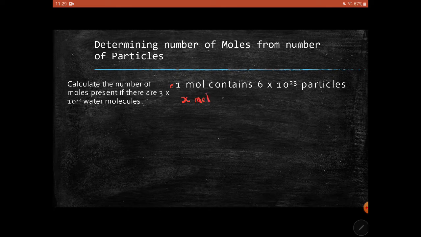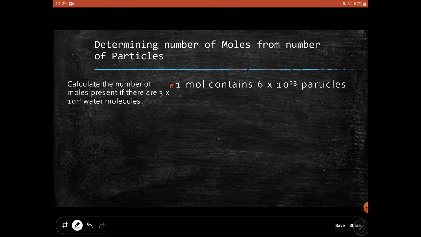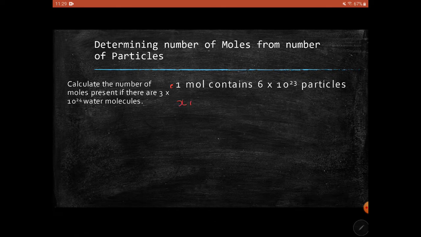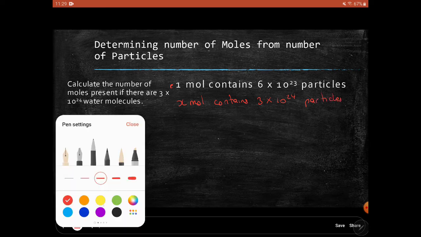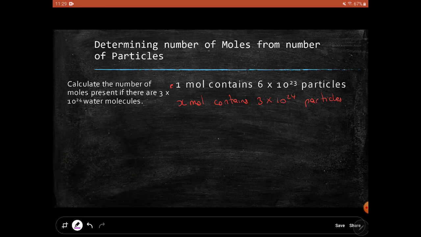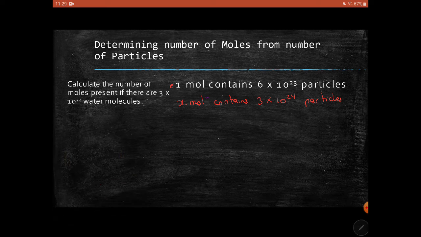And we say x mole contains, from the question, 3 times 10 to the 24 particles. Once we have both statements, we cross multiply,